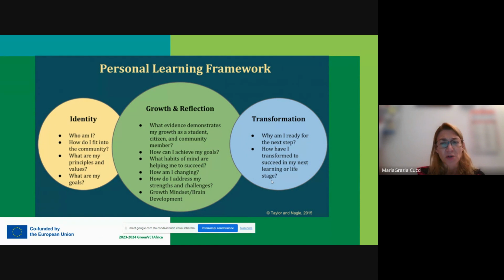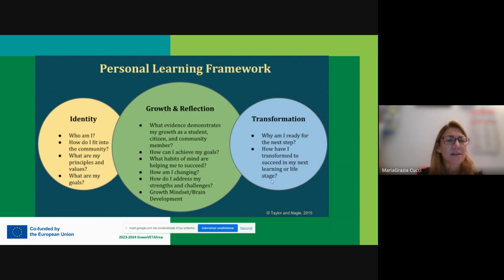I choose for you this personal learning framework, which was prepared by the two authors, Taylor and Nagel, in 2015. I think it is interesting and can be easy to use also with students. So I propose it as an operative framework in order to start from the talent of the student. So the first part is to